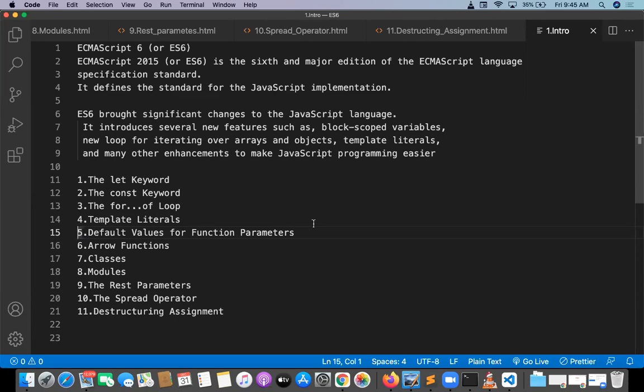So an arrow function is a very simple function. If you want to define some function, you can go with the arrow. There is no need to write the function keyword. There is no need to write curly braces, all these things. With the arrow, you can do all these things. Next, classes. A common object-oriented feature like class. We don't have that much object-oriented programming as part of ES6, but we have the concept of class. We have the concept of object, all these things here. So how to create a class and how to create an object, I will show.